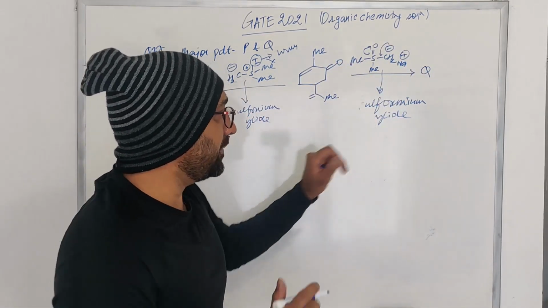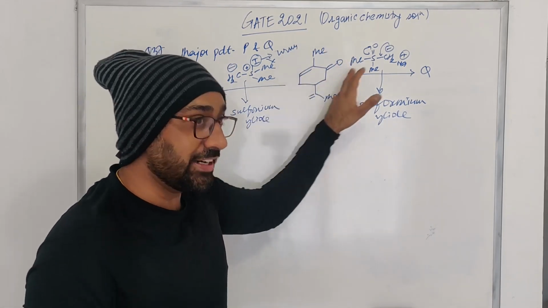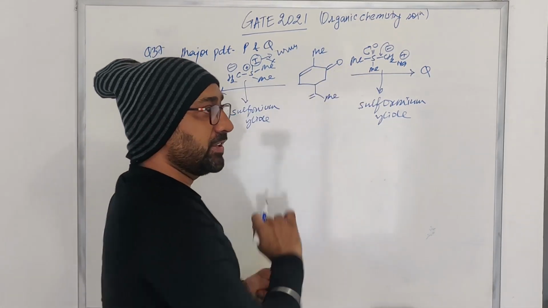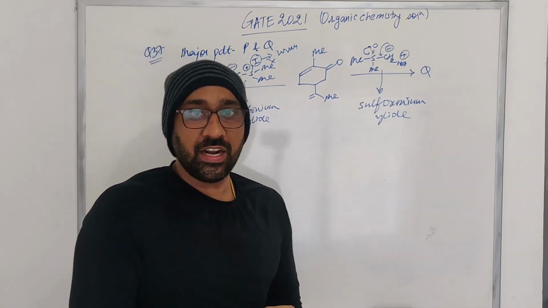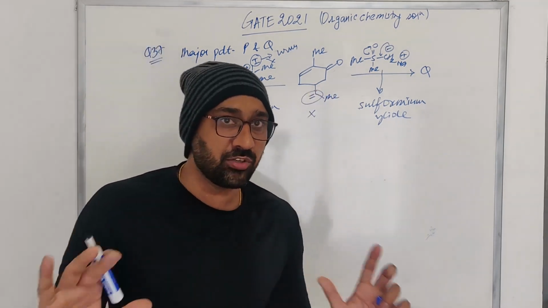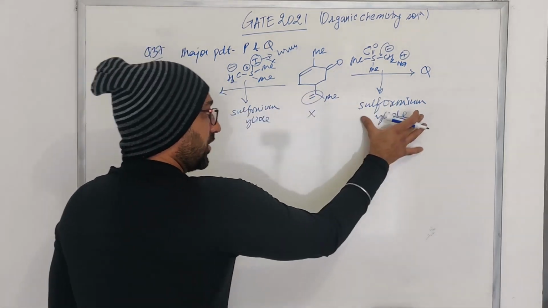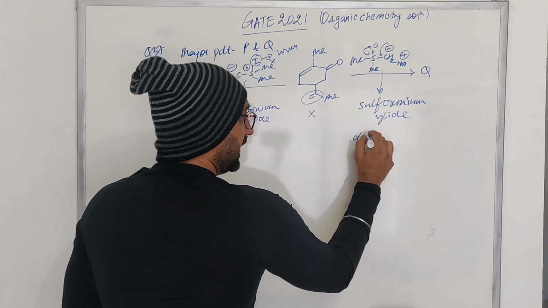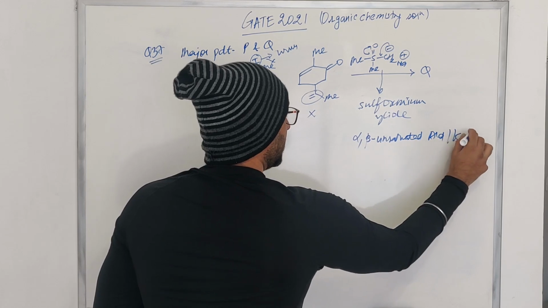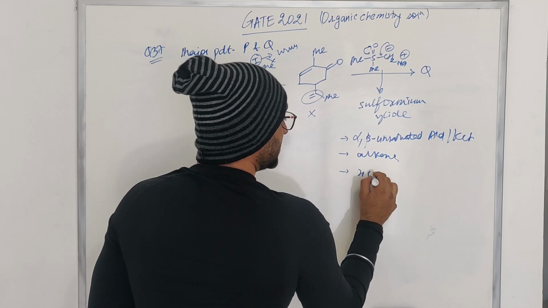whenever sulfoxonium halides react with conjugated ketones, they always react at the carbon-carbon double bond. They do not react with the carbonyl. Okay. The other important thing is that they do not react with isolated double bonds. Sulfoxonium halides do not react with the isolated double bonds. They also react with the conjugated ketones. And sulfoxonium halides, always remember, react with the alpha beta unsaturated ketones or aldehydes, and they react at the alkenes. And why, this can be explained on the basis of HSAB theory.